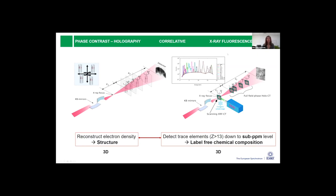And then the other technique, which is complementary and gives you a different type of information, is X-ray fluorescence. This is unlike visible light fluorescence. In this case, we place samples in the focused beam and we raster scan. And we use a detector which counts photons and also measures their energy. So for each point, we record the spectra, and we can fit the spectra in order to separate different chemical